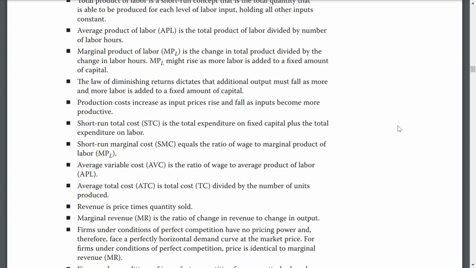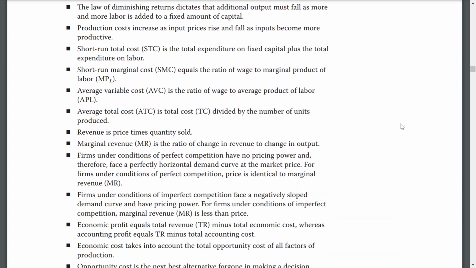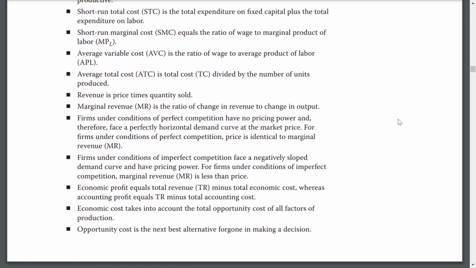Production cost increases as input prices rise and falls as input becomes more productive. Short run total cost, or STC, is the total expenditure on fixed capital plus the total expenditure on labor. Short run marginal cost, SMC, equals the ratio of the wage to the marginal product of labor, MPL. Average variable cost, or AVC, is the ratio of the wage